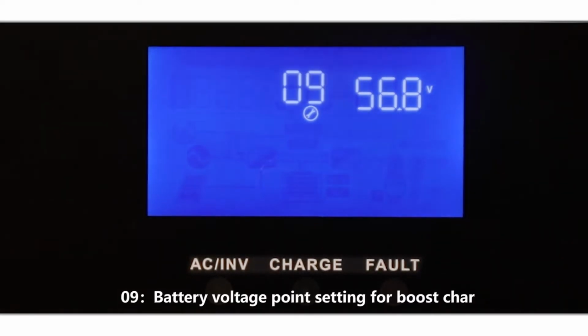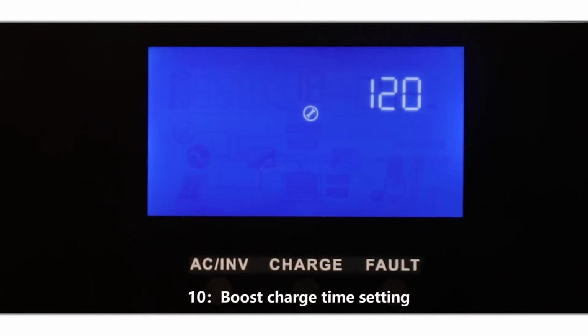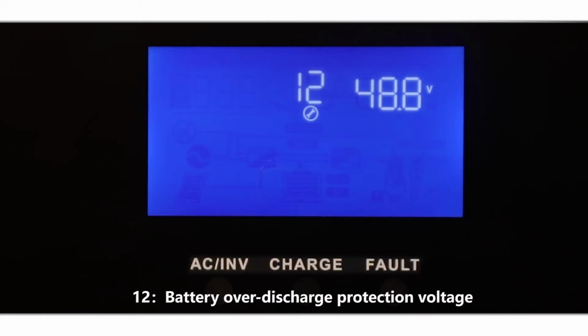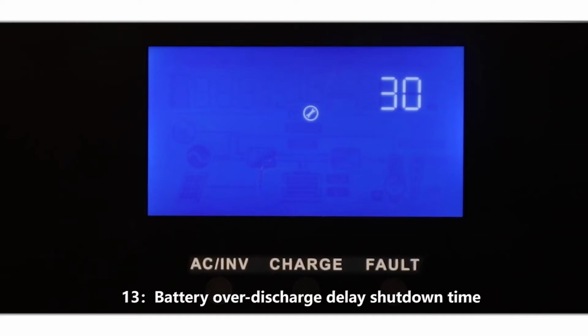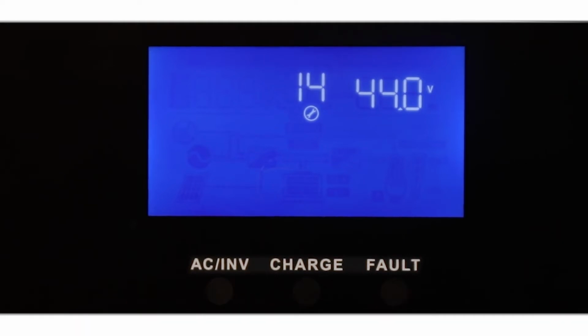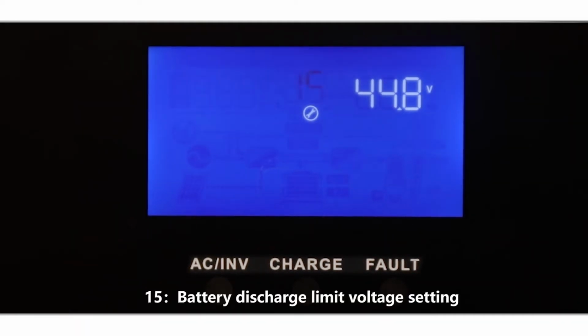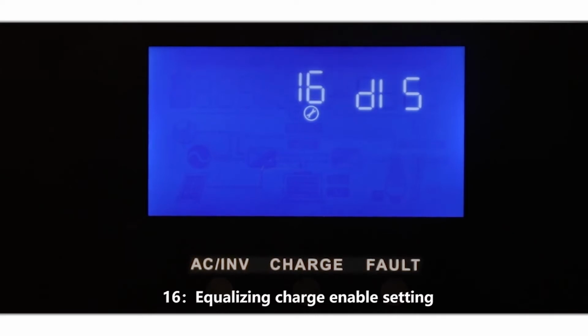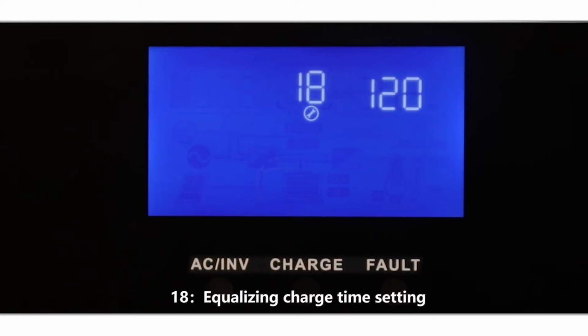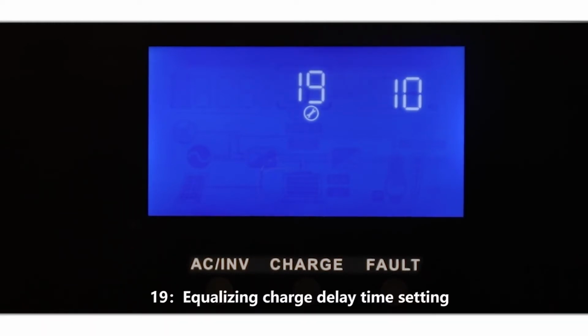setting for boost charge, 10 booster charge time setting, 11 battery voltage setting for floating charge, 12 battery over discharge protection voltage setting, 13 battery over discharge delay shutdown time setting, 14 battery under voltage alarm point setting, 15 battery discharge limit voltage setting, 16 equalizing charge enable setting, 17 equalizing charge voltage setting, 18 equalizing charge time setting, 19